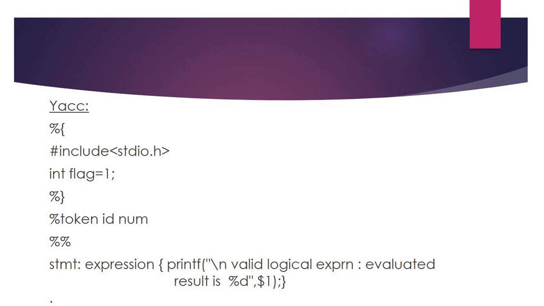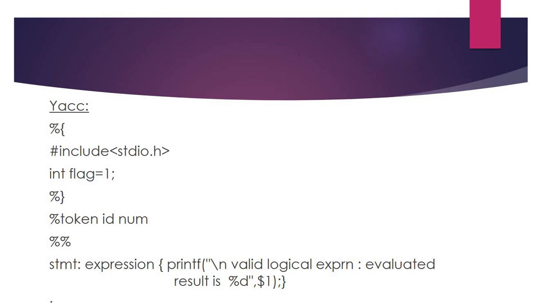Then in the Yacc program we need to include the standard input output header file to read and print any data. Here, whatever required variables we can define in the user definition section. Then to receive the tokens from the Lex program, %token ID and NUMBER are used. Then in the rule part of the Yacc program, all the production rules of the grammar we need to define. After each and every production rule is over, we need to separate it by a semicolon.